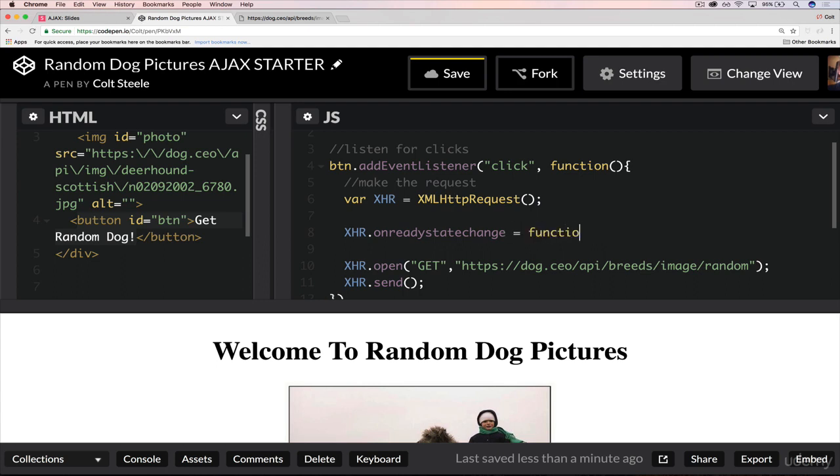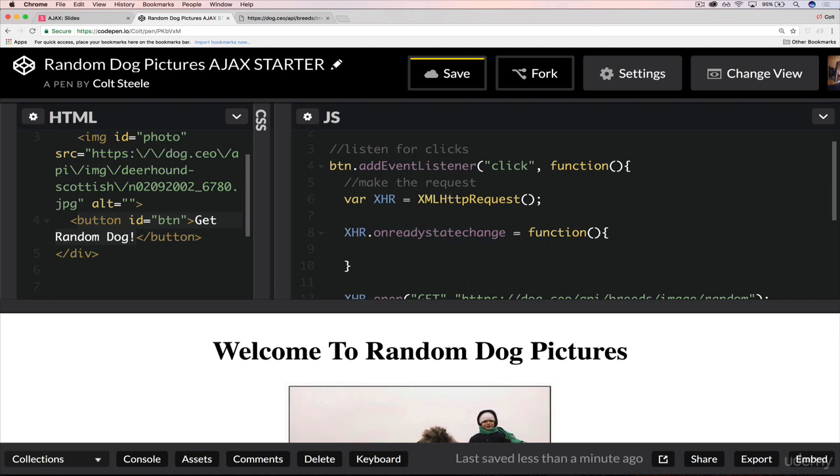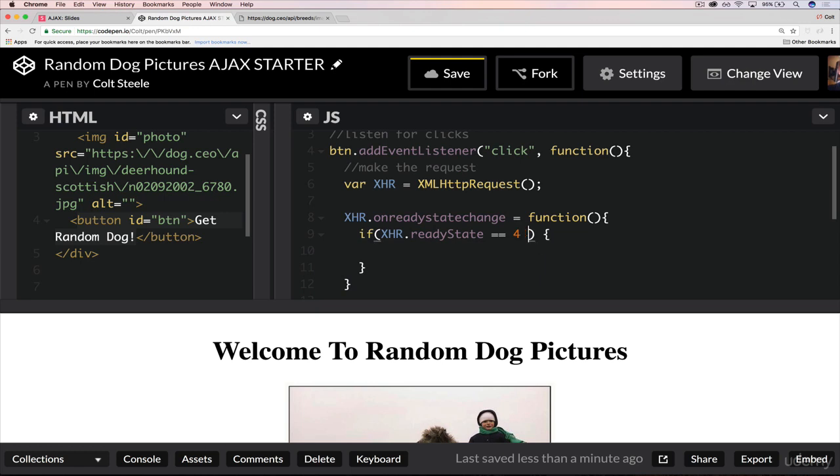So xhr.onreadystatechange equals function. And in here, we'll add in our if, basically check if it's done. So if xhr.readyState, always confusing too, that State is capitalized here, but not here. But no, most events or all events are uncapitalized, so it does make sense, but it can be confusing. If it equals 4, and let's just do our status code as well, and xhr.status equals 200. Let's just do console.log